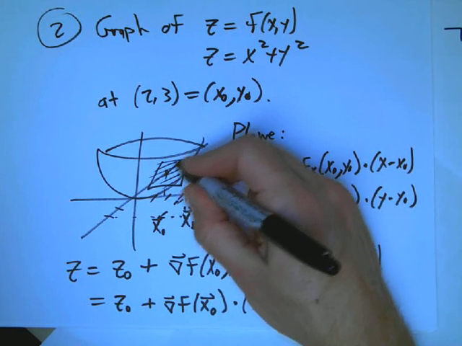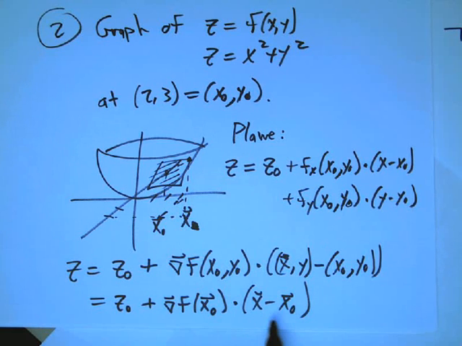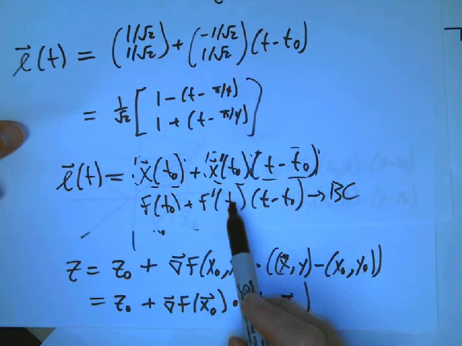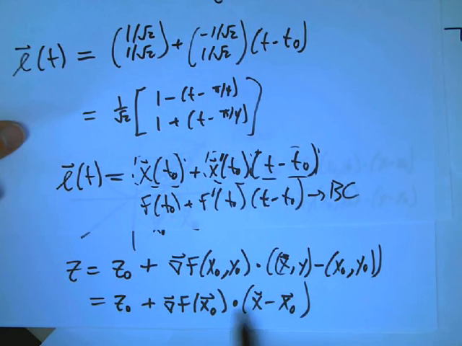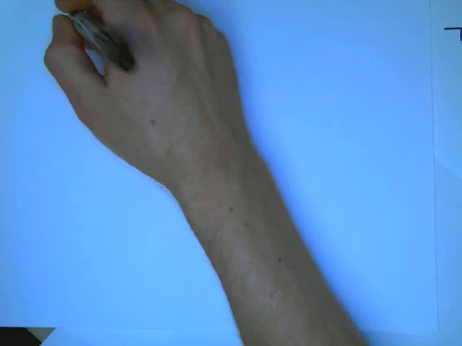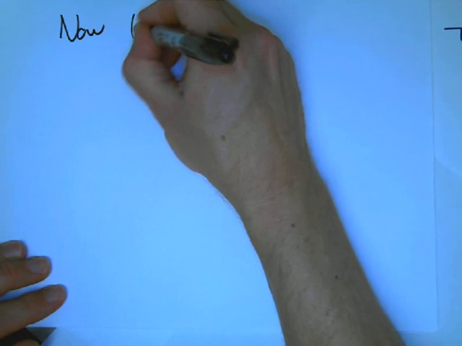And I'm settling for a linear approximation, that I walk off not on the curved surface, but on the tangent plane. And you look at the vector difference between the point you're really interested in and your base point. You dot that with the gradient, and then you add it to the height you already had. Very similar to what we had before. So notice the similarity here, and I'll do the explicit example in a second. The base value of the function, f of t naught or z naught, times derivative of a certain sort times a change in the input. So derivative dotted here with change in the input plus z naught. Well, there's an even better way to say that,